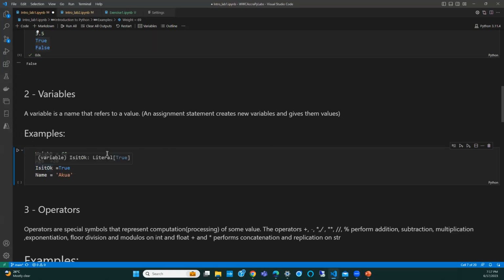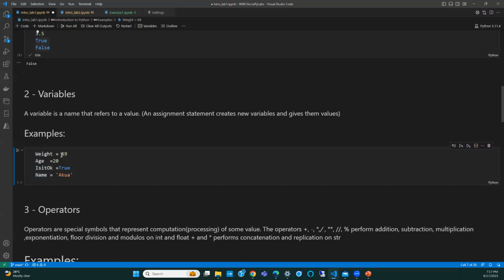So we have an example here, weight, which is a variable, is equal to 69, okay? Age is equal to 60. Okay is equal to True. And then name, Akua. Okay, so all these are variables we just created by assigning them a value.